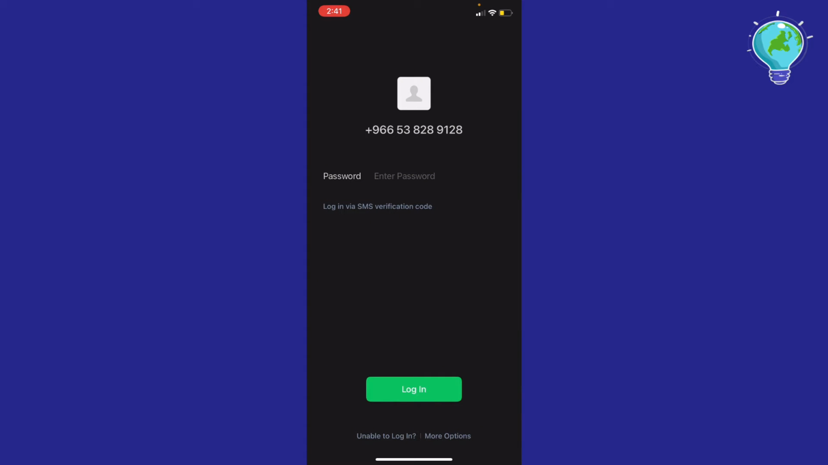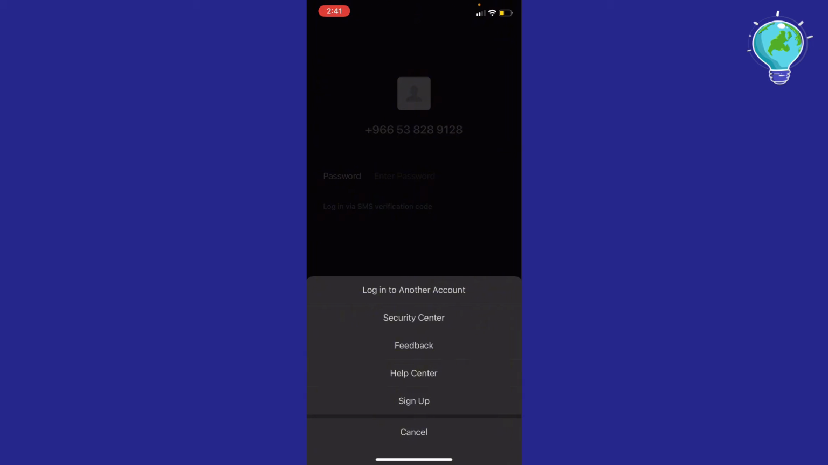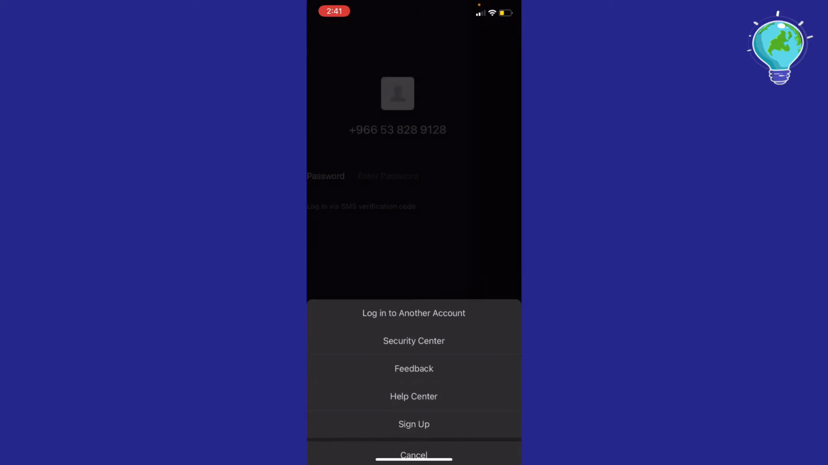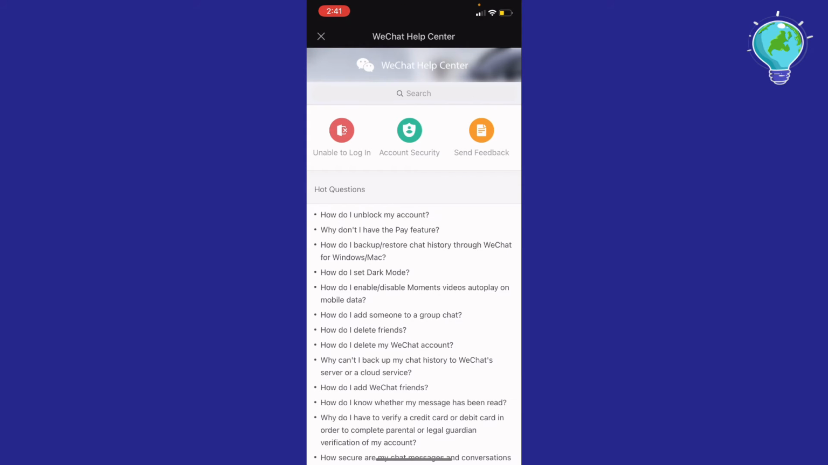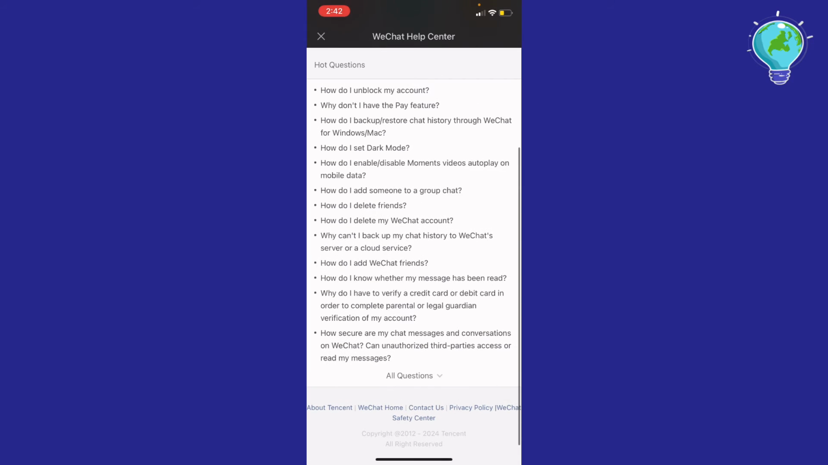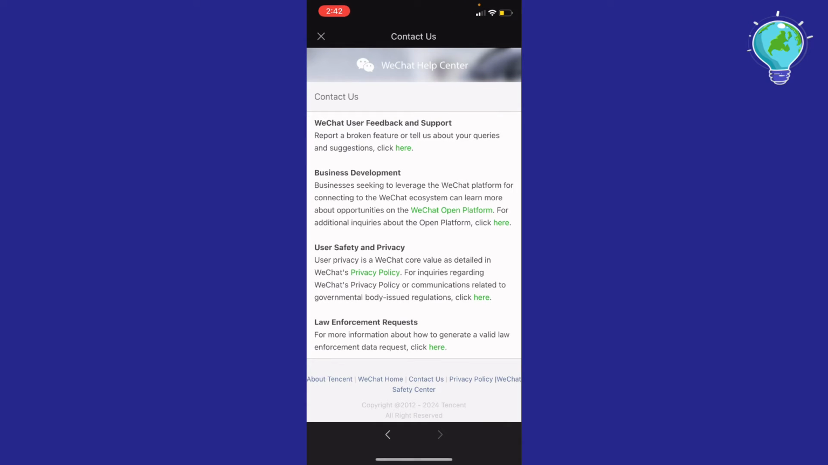If you are like me, logged in before, just go ahead and click the more options right here and just go ahead into the help center. All right. So it's going to switch you to the help center. Scroll a little bit down, click right here, the contact us in the highlighted blue, and just click the first